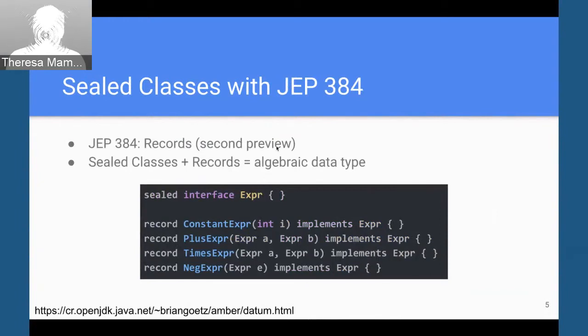Records are implicitly final. Oh, I forgot to put the permits list here. My bad. This would not compile. But there should be a permits list here with all of these expressions going down the side. Records are implicitly final, which means I don't have to put an extra modifier here, which makes this look a